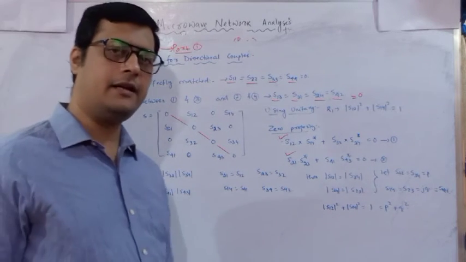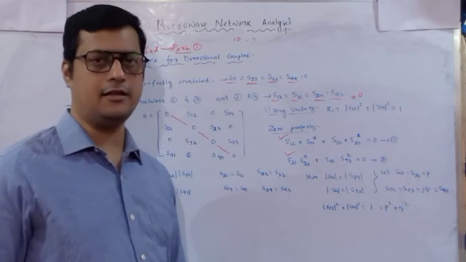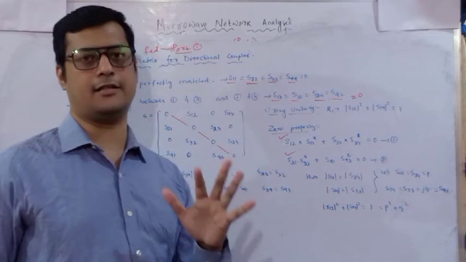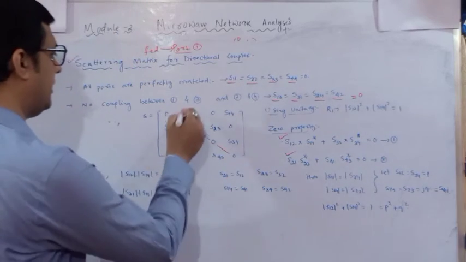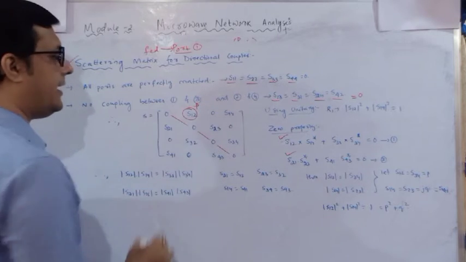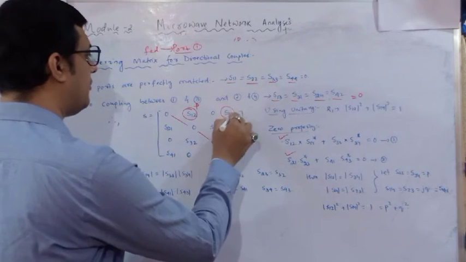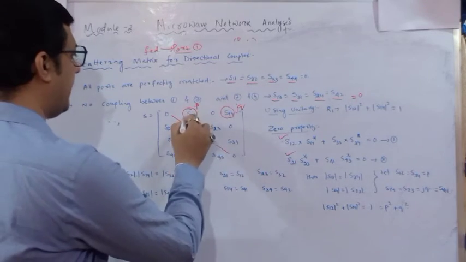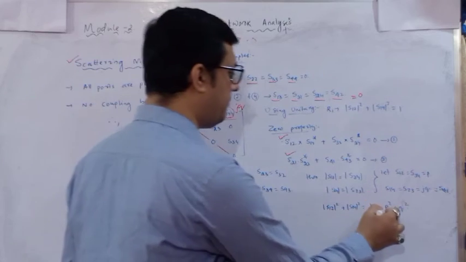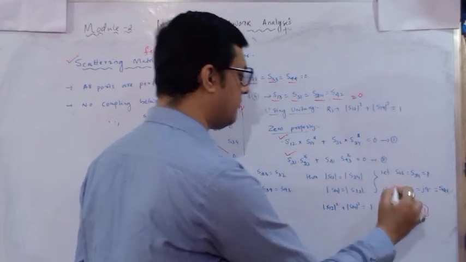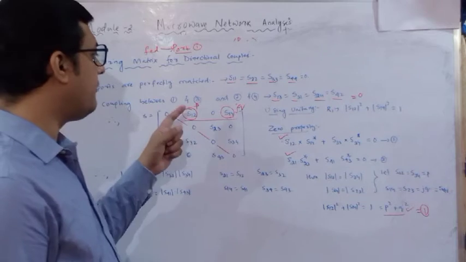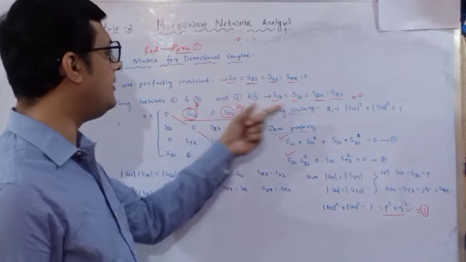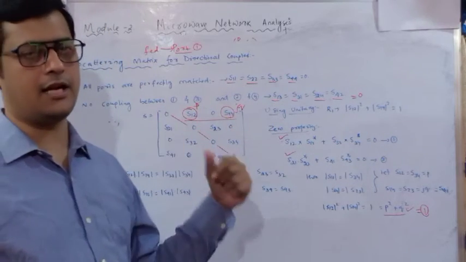Once we have identified those relations that are not interlinked with each other, we can assign one of the components as a real part and one of the components as an imaginary part. For example, S12 you assign as P, and S14 I can assign as jQ, the imaginary component. When you take the magnitude square, you get P square plus Q square must be equal to 1. With this sort of relation, we can determine what is P and what is Q.